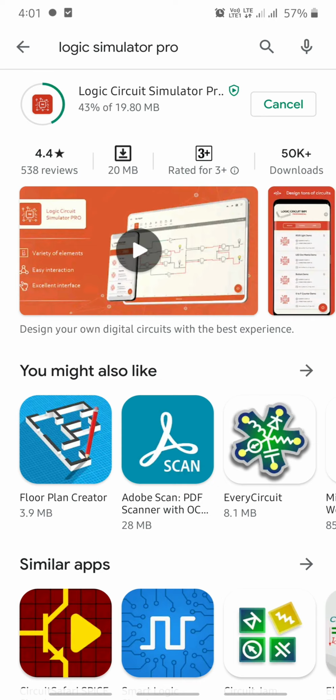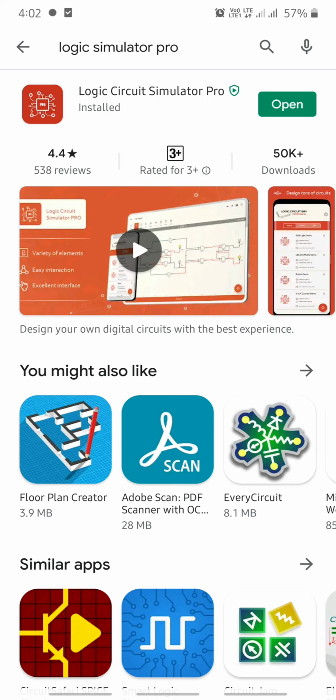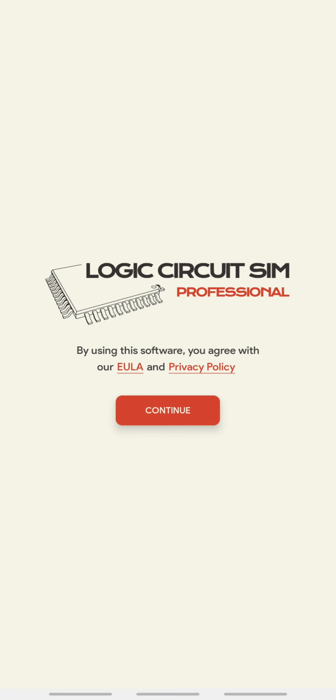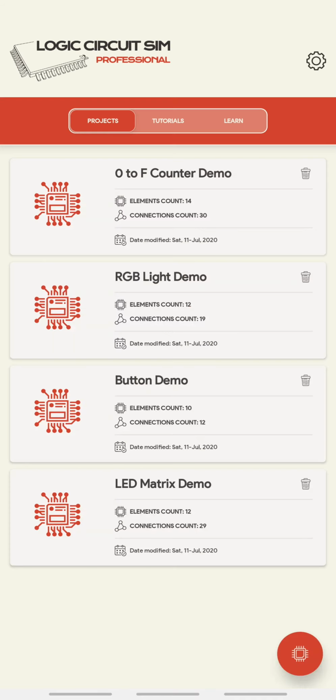Simulation means you are virtually mounting the components, giving the input, and seeing what output you get for that specified input. With the help of this simulator we can verify or test the functionality, and we can even work out on different practicals. Once it is installed, open this app, say continue, and you will find this screen. On this screen you have projects,